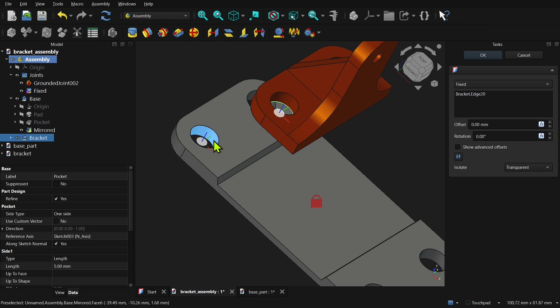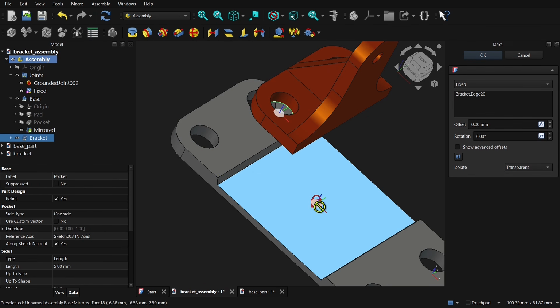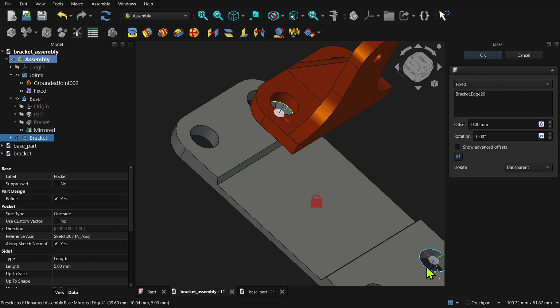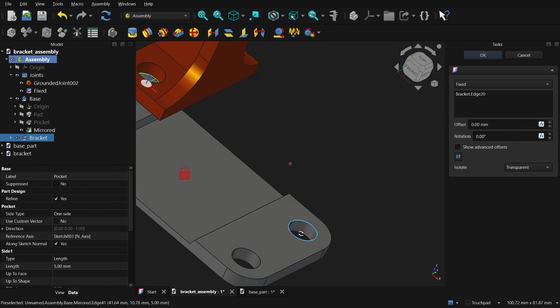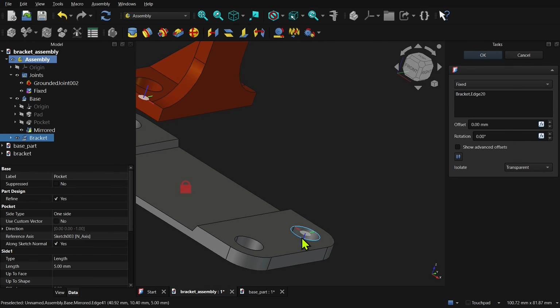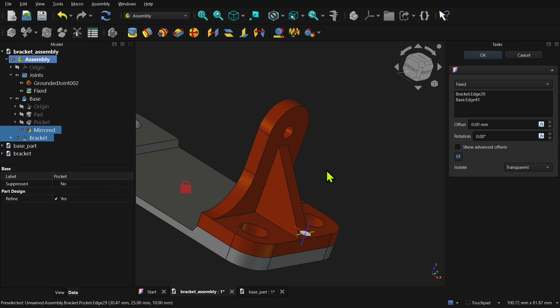Now I'm going to select another circle. Now it's going to be easy to constrain to this one. You can see how the blue axis lines up. Let's instead pick this one. Just orientate our 3D view and we click the circle. The joint is applied. To the right we have the fixed joint